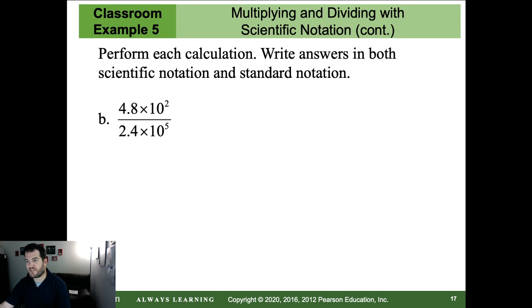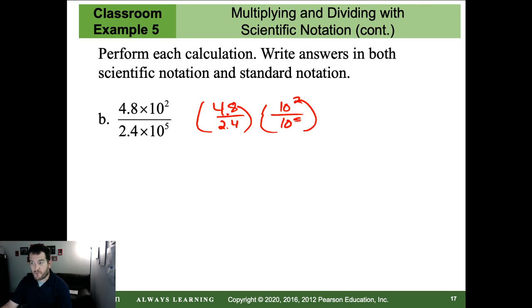This one, I'm just going to jump straight to this one. Again, separate them. 4.8 divided by 2.4 is 2. When I divide, remember when I multiply like bases, I add. So when I divide, I subtract. So this one, I'm going to move 1, 2, 3, and I think I'm going to get